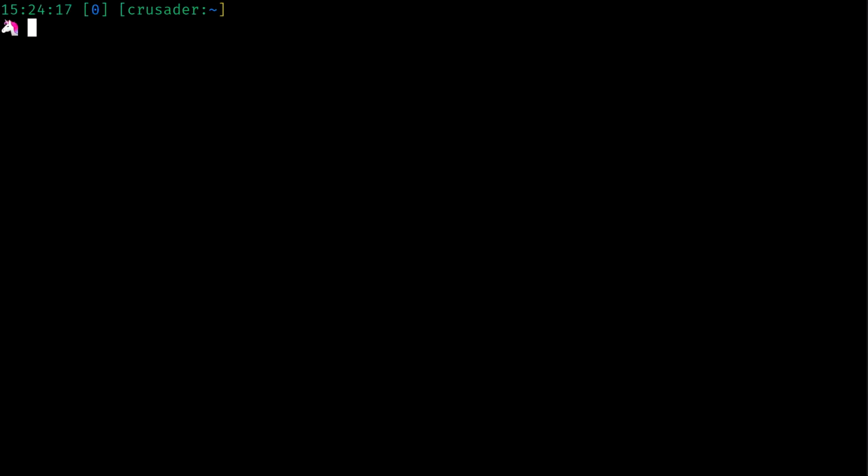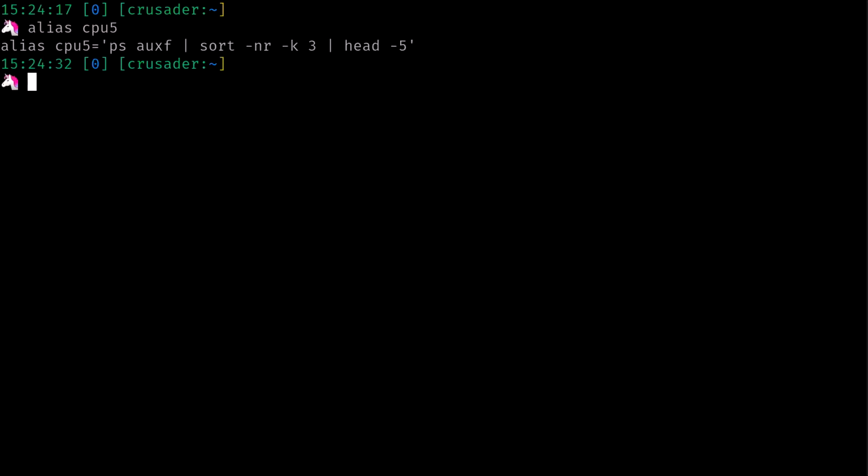How does that work? Well, here's how it works. So I'll show you the alias. So here's cpu5, and we can see what the command actually is for that. And because that's in my .bashrc, every time I open a new terminal session, that command will be created for me because otherwise I would not have a cpu5 command. Similarly,